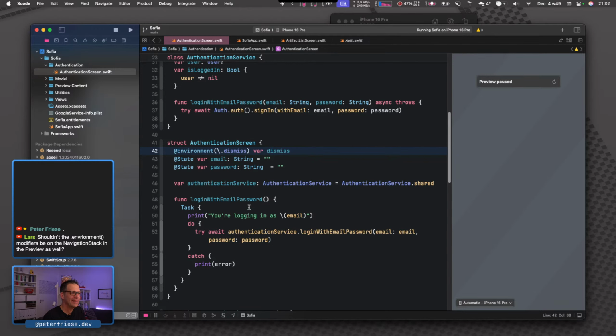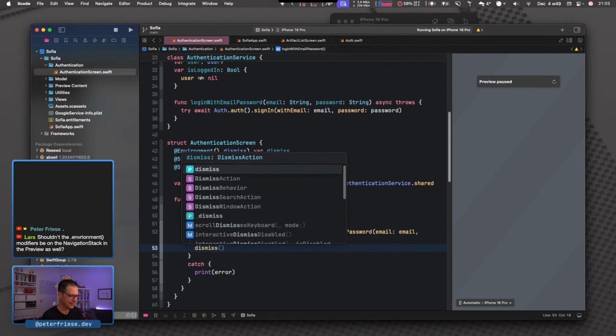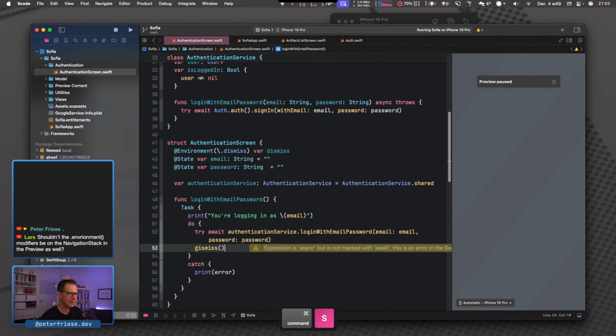Okay, so we get the dismiss action, and then we will call dismiss here. Ooh, interesting. What? Oh, because we are in a task.